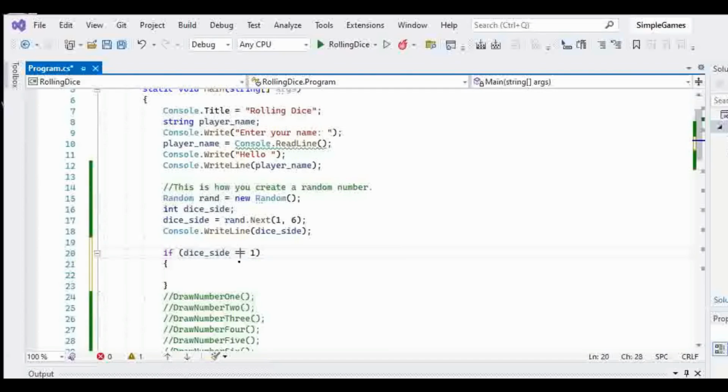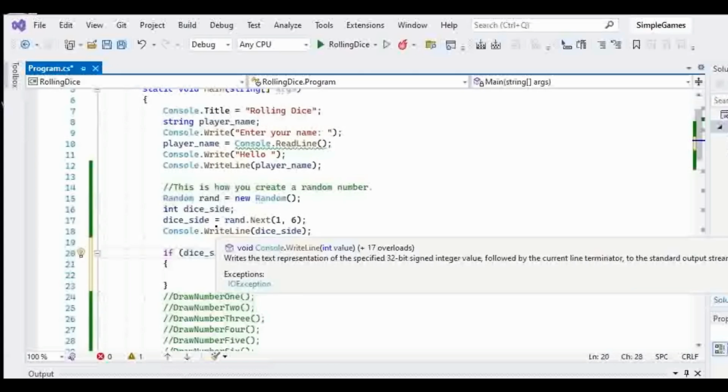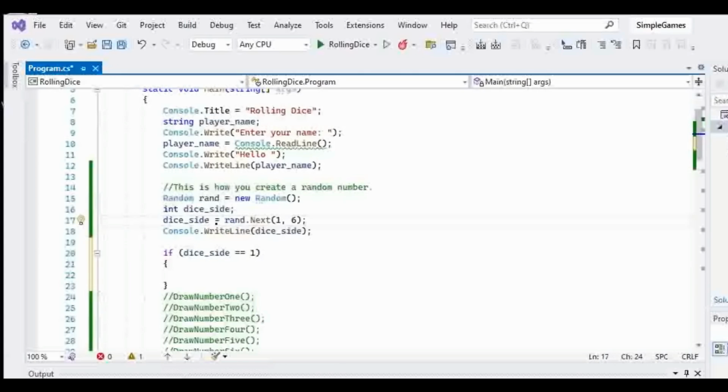So notice here that we have equals equals, and that's different than equals. This single equals is not the equals that we think about in algebra. This is an assignment equals. So here we're saying dice side gets the value of whatever's on the right. So a good way to remember that is to say gets instead of equals. Here the equals equals, we're asking the question, is dice side equal to 1? Alright, so if it is equal to 1,